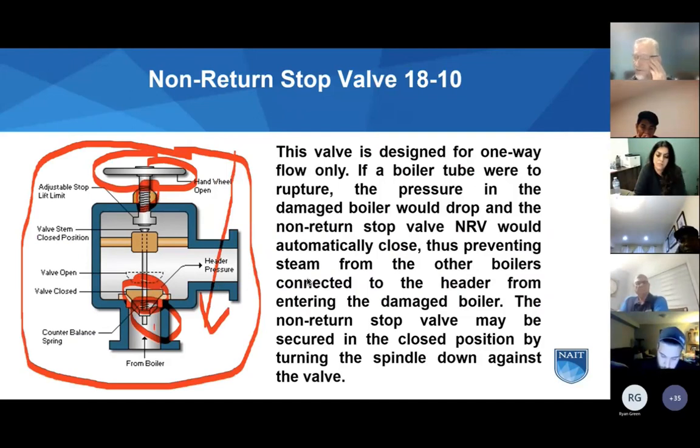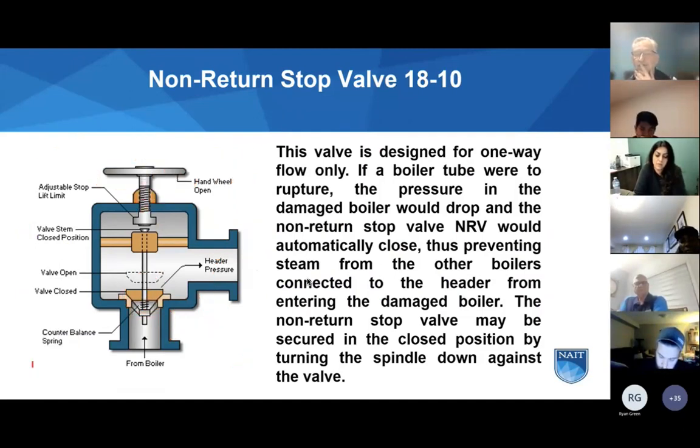Once we've got a boiler commissioned and steam flowing, this hand wheel would be backed off. And when boiler pressure becomes higher than header pressure, than outlet pressure, this disc would freely move up and the valve would remain wide